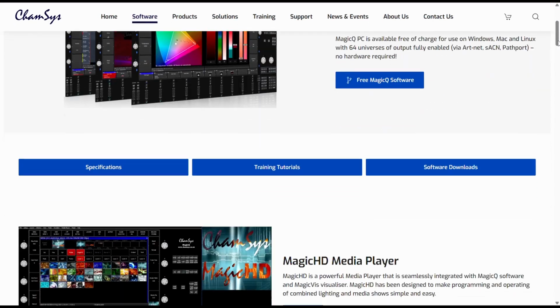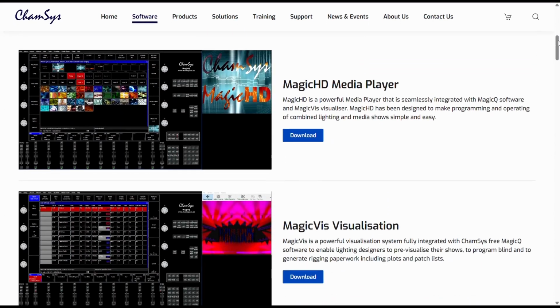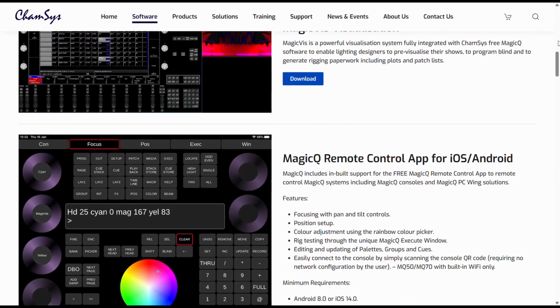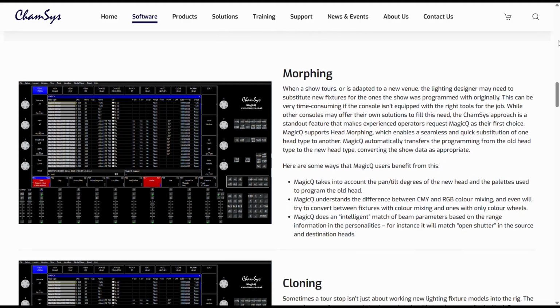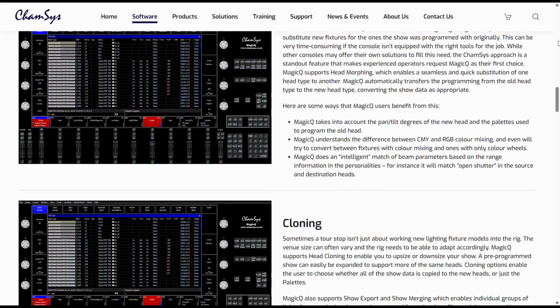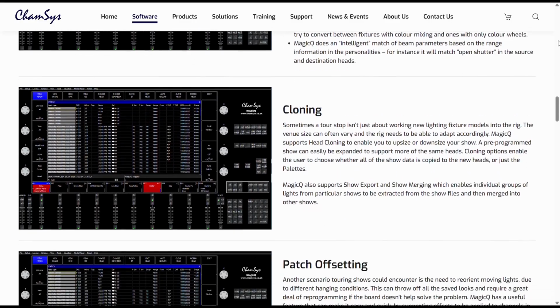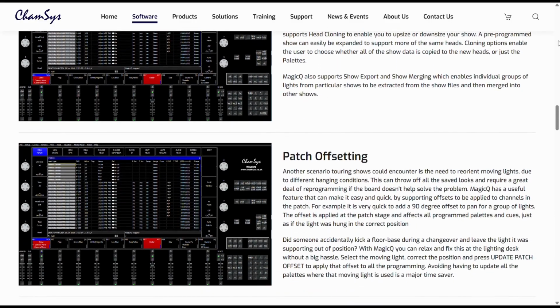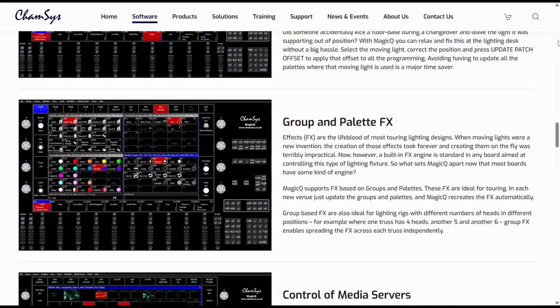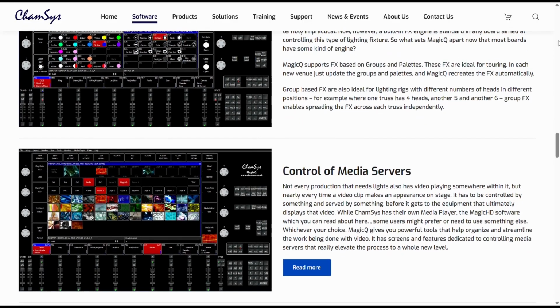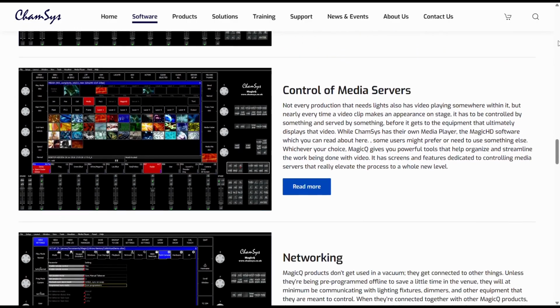MagicQ by ChamSys is a family of lighting control software and consoles used in both theater and live events. The free software version runs on computers and offers a professional-level programming environment. You can patch fixtures, program cues and chases, simulate shows, and transfer the program to a physical console. It's powerful for designers who want to design and test cue sequences ahead of time or work off-site before moving